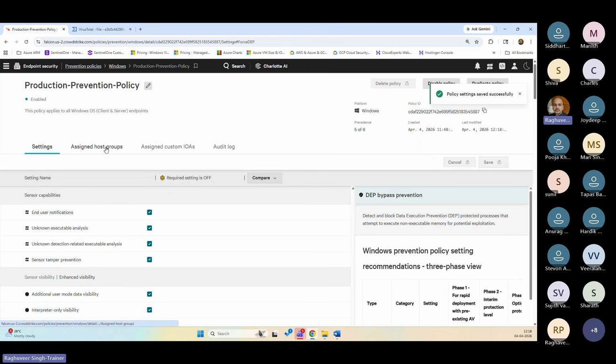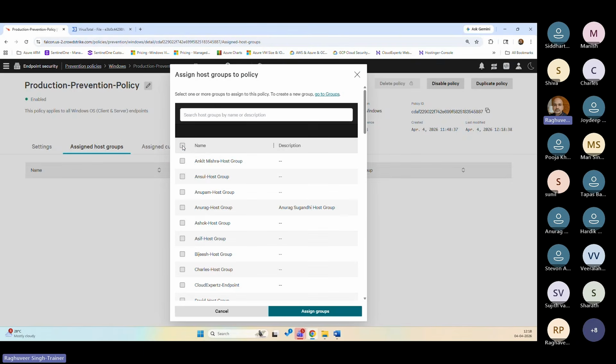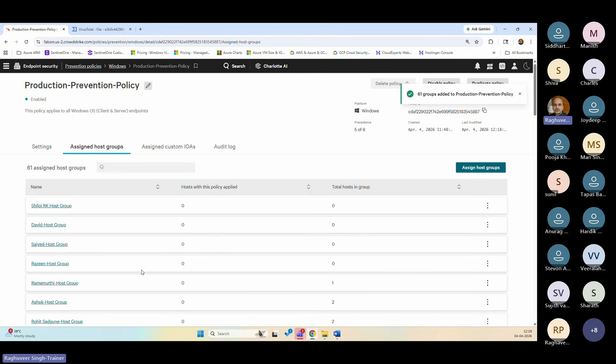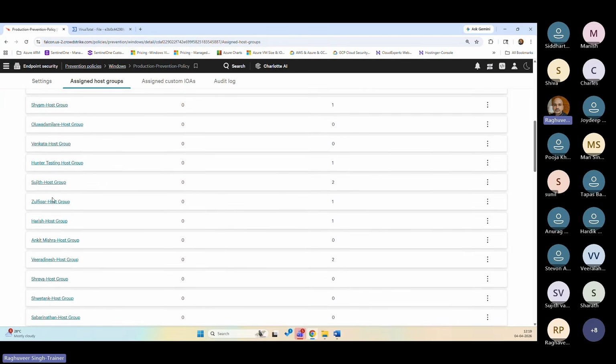The next step is to assign the host group. I've just created the policy and configured the controls, but nothing is assigned. So over here, I'm going to assign all host groups, all of them, so that it applies to all of you. So all host groups are assigned. Now in the next couple of minutes, what will happen? It will quickly scan all the hosts in those host groups and will start to apply policies on those hosts. So for example, in case of Charles,